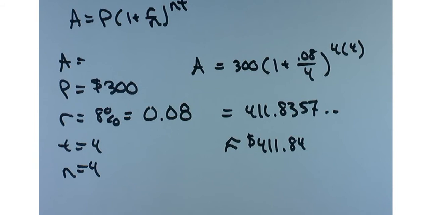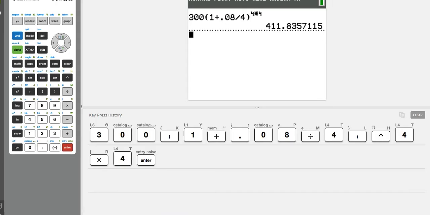let's take a look back and see what happens if you forget to convert the 8 to a decimal. So I'm just going to hit the second key, then the enter key. That'll pull up my last calculation. And I'm just going to go through here and delete, delete. So there you go. I deleted the decimal, so now it's 8. Effectively, I'm giving myself 800% interest. So watch what happens to my $300.